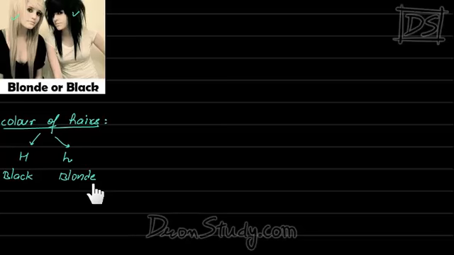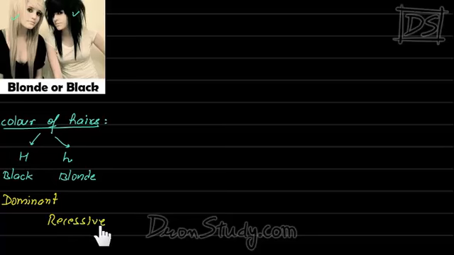So to decide the color of hair, we have genes which are of two forms. One of these forms is denoted by capital H and the other one by small h. This capital H form is responsible for making the hair black, and this small h is responsible for making the hair color blonde. Okay, so now tell me, out of these, which one is the dominant form and which one is the recessive gene? So students, you must have understood that the capital H form is the dominant form, right? And the small h form is the recessive form.